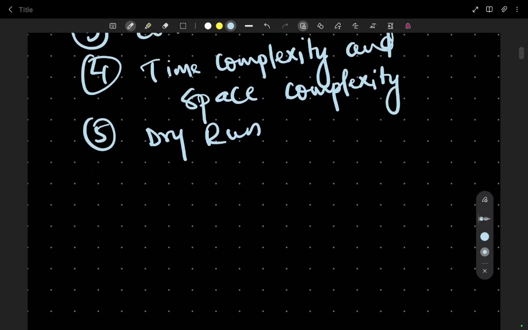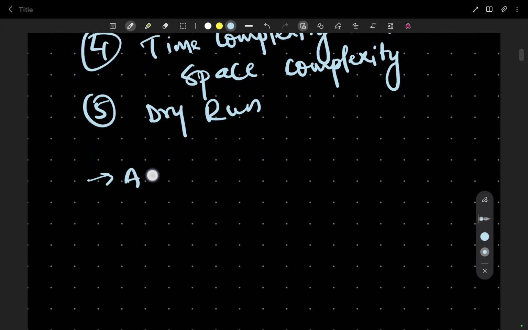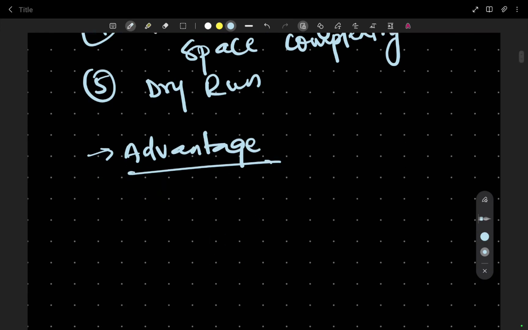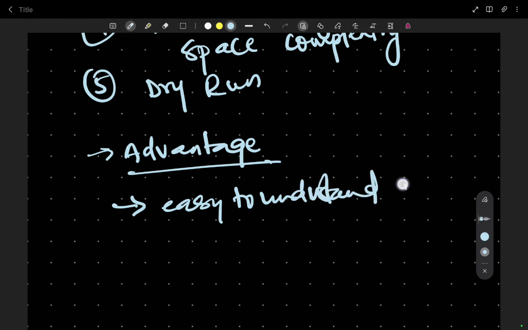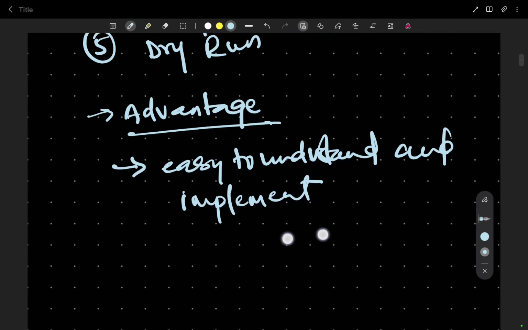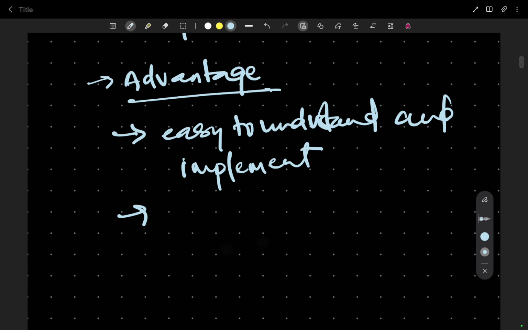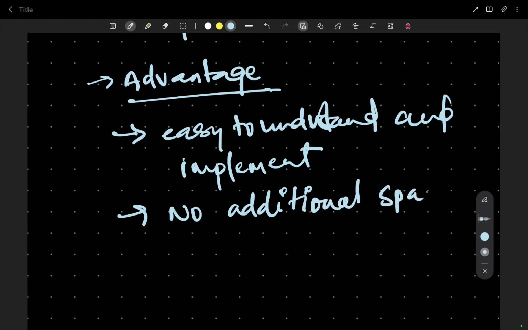So I'll just start with advantages. The first advantage which I will say is easy to understand and implement. Then no additional space is required when we use bubble sort for sorting. Space, or you can say memory. No additional memory is required,